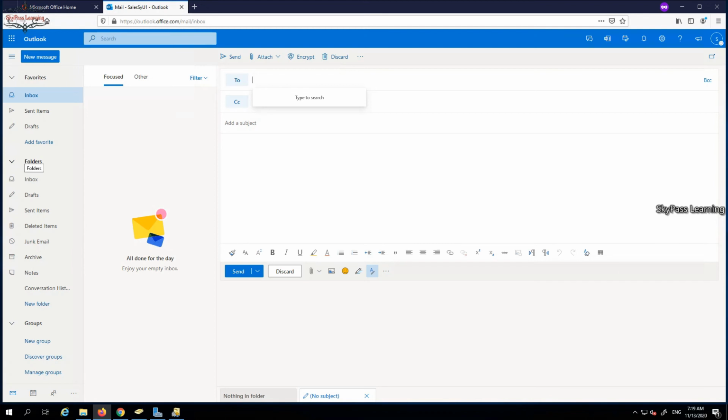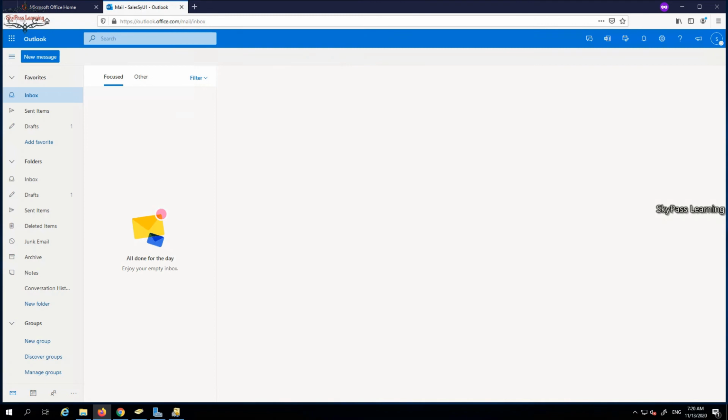It was SkyPass test1 at outlook.com. This is an external email account which exists on Microsoft Outlook. I am sending it a test email, testing. I send this email from my account, and okay, it went away.